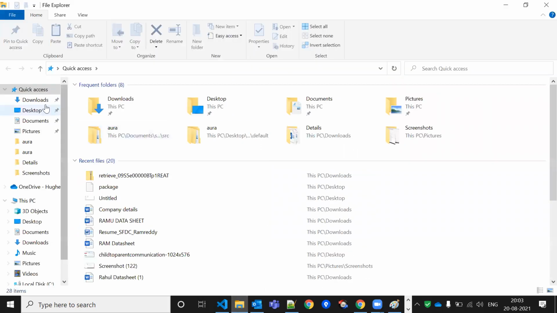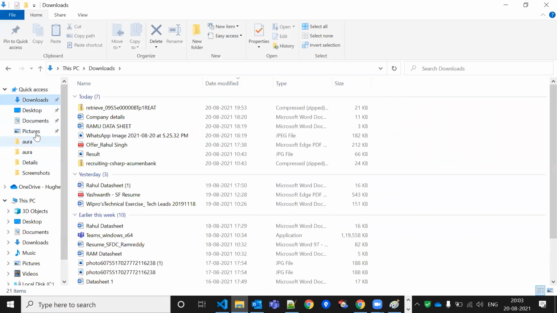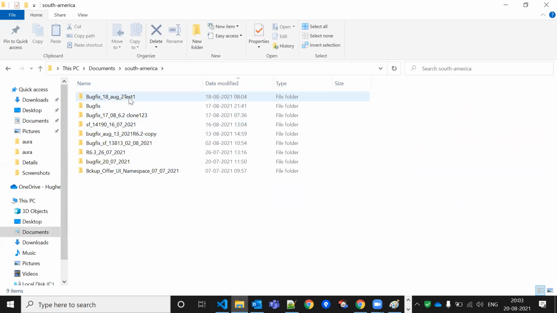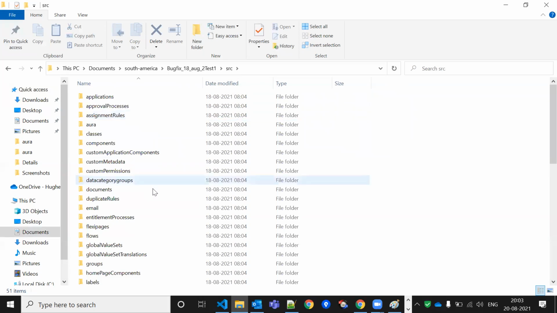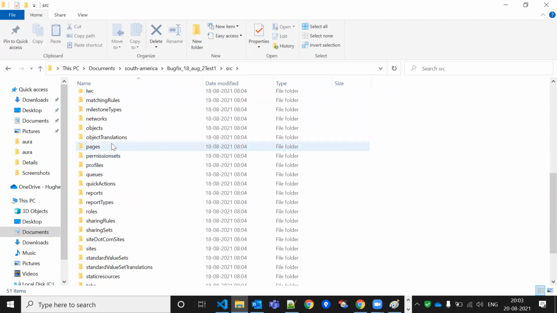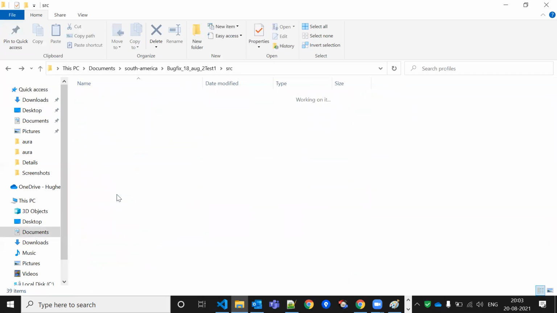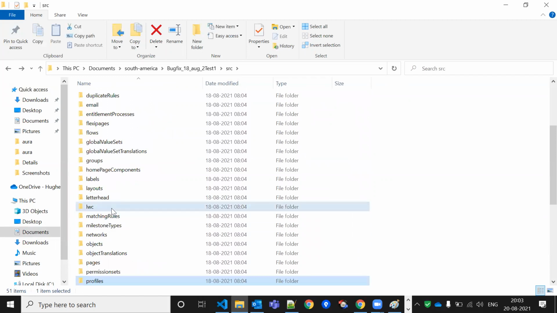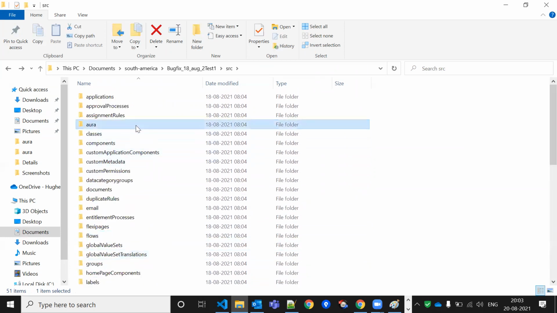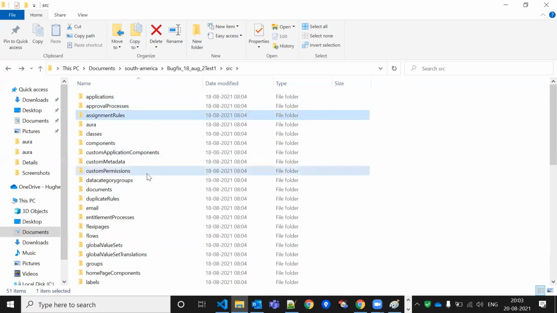I have a full copy of the components which I deploy daily. So this is my project, and suppose this is my components source. I have the list of all the components. Now you can see I have profile. Do I have user? I don't have any user, but I have profile. These are the list of the profiles which I can deploy. And this is my LWC, my custom object, standard object, and everything I have here. So I can deploy. But yes, user is a part of data, but profile is a part of metadata.